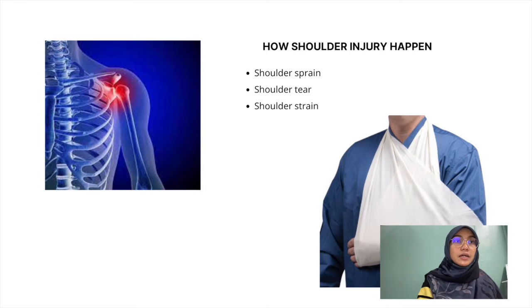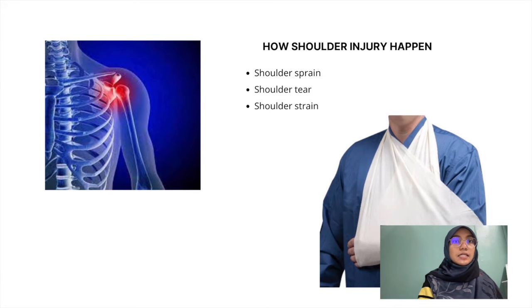Other than that, shoulder strain is stretching or tearing of a muscle or tendon in the shoulder. It can happen when the shoulder remains in one position for a long period of time, such as when carrying a heavy backpack over a shoulder or having a poor posture while typing. The shoulder tear is usually an injury to the soft tissue that gives the joint range of motion and stability. A tear can occur in the tendons, the muscles, or the labrum, a rim of fibrous tissue